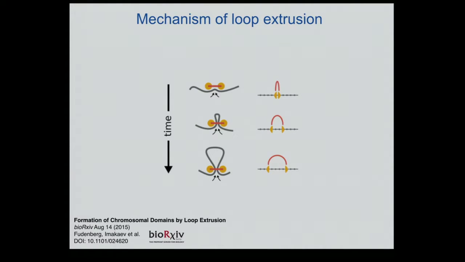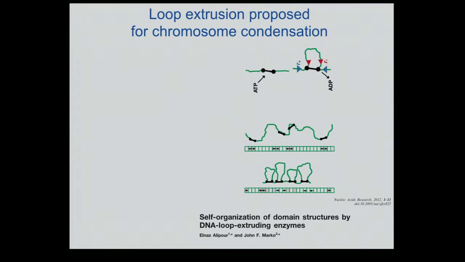It doesn't bring things together as everybody believed for the last 10, 15 years. It lands on a piece of DNA and enlarges a loop. I can also illustrate this with arches; you'll see one of those arch diagrams later. This idea is borrowed from a study that very systematically examined loop extrusion as a mechanism of chromosome condensation. That's a recent paper by Alipour and Marko, 2012, where they asked, what if such loop extruders exist and can progressively enlarge loops?